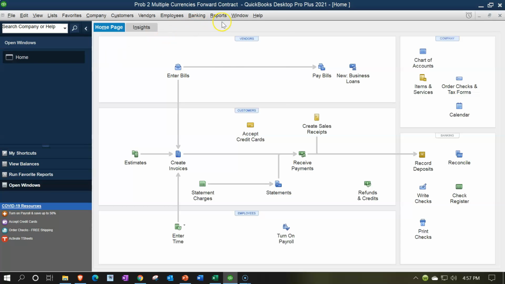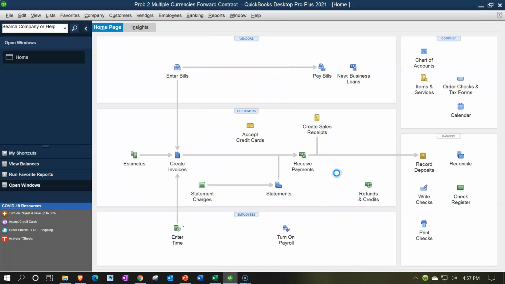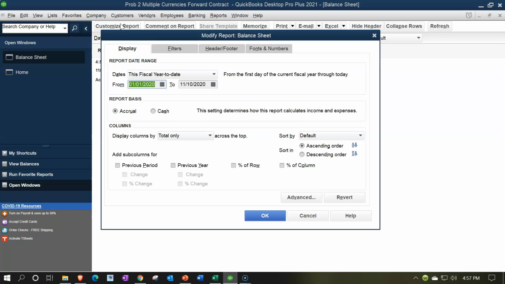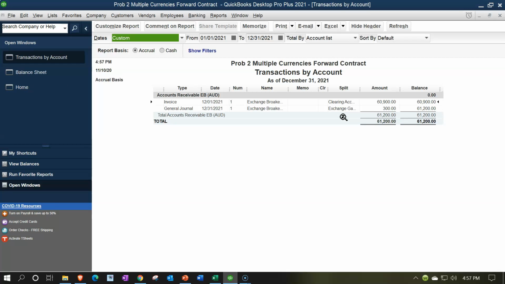Let's take a look at the balance sheet by going to the reports dropdown, company and financial, standard balance sheet. Customizing the reports up top, changing the dates to 01/01/21 to 12/31/21, and then we'll say OK. And then up top, we have the accounts receivable. If I double click on the receivable, we put the receivable on the books with an invoice at the date